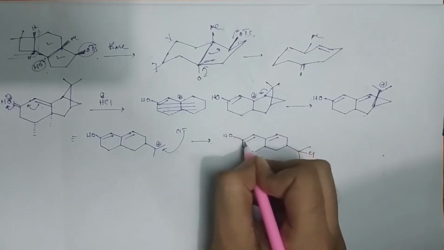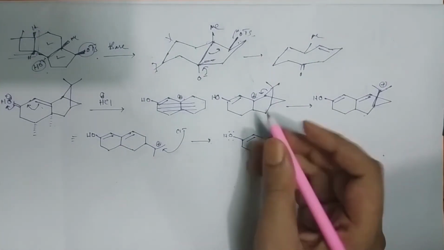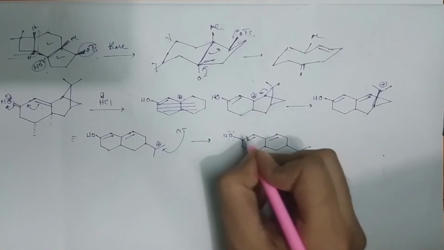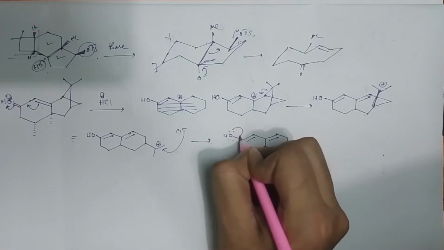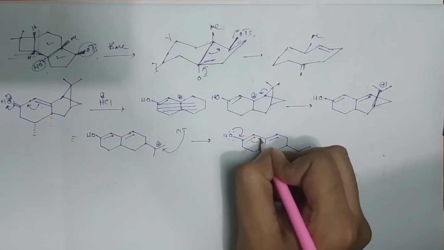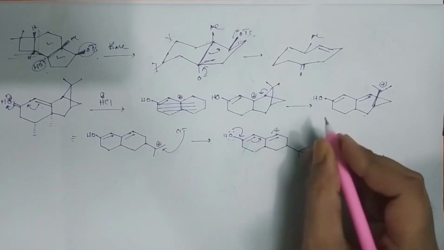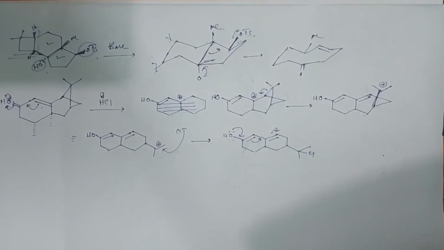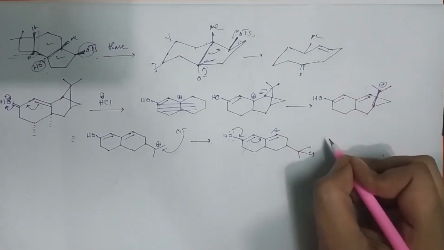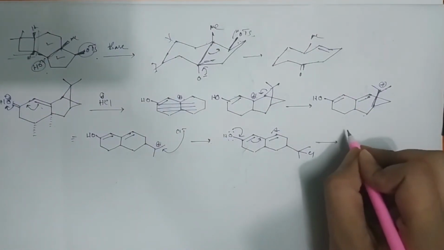After that, this bond will always have a greater tendency to tautomerize, because the C double bond O energy is greater. This comes here, this goes here, this comes here. So after that the carbon will be protonated automatically. So we will get